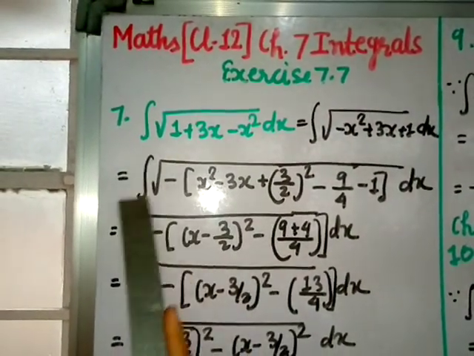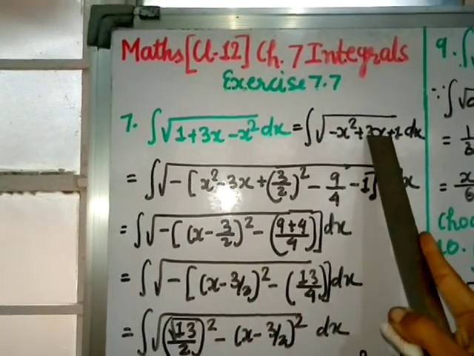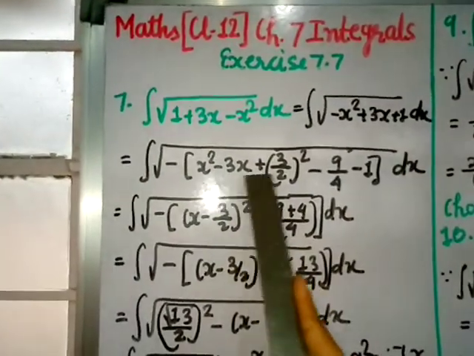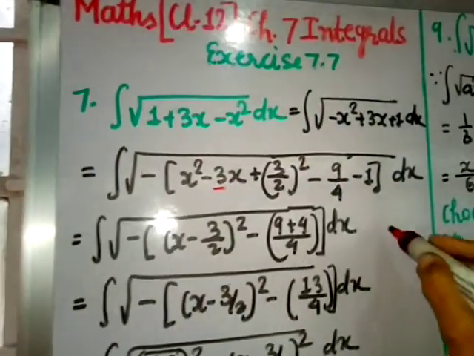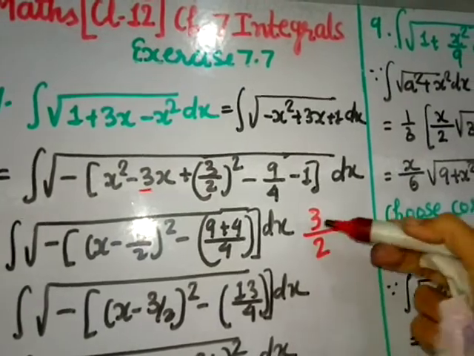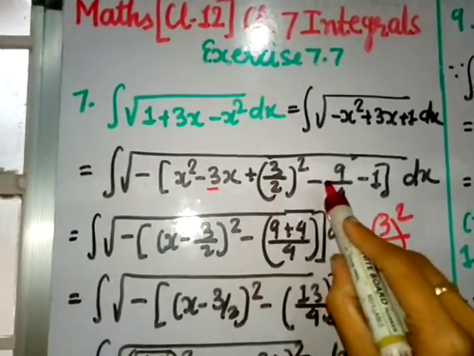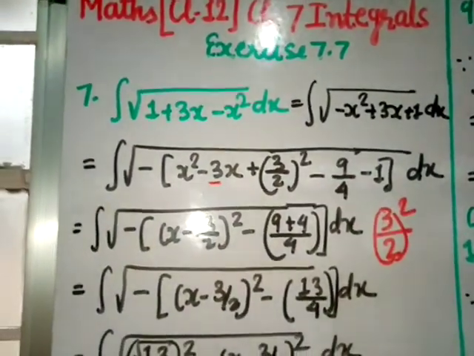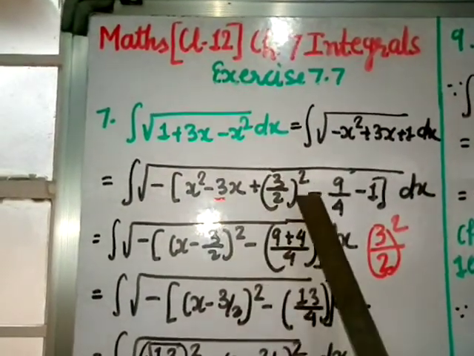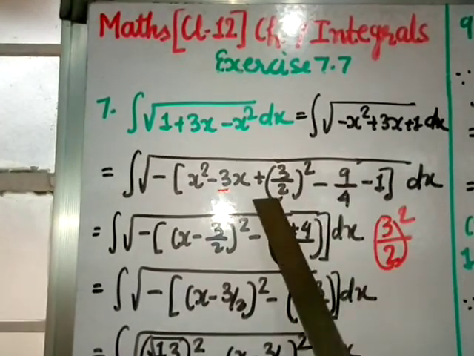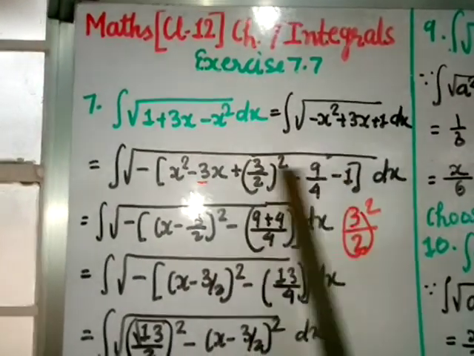So integral square root of minus bracket x square, this plus will become minus 3x, and this plus will become minus 1. But I am already putting the third term here. How is the third term found? Same way as previously: here the coefficient is 3, so you take 3 outside and divide by 2. So you kept 3 by 2 whole square, you add it, and minus it, so I have added here. 3 square is 9, 2 square is 4, so I have added and subtracted 3 by 2 whole square, that is 9 by 4. And this minus 1 here, this minus, because I am taking negative common, this plus becomes negative.